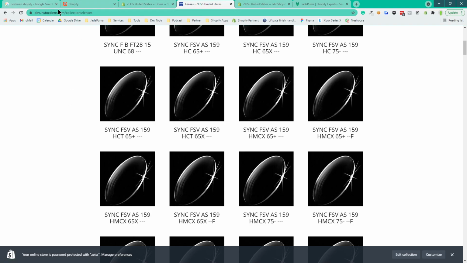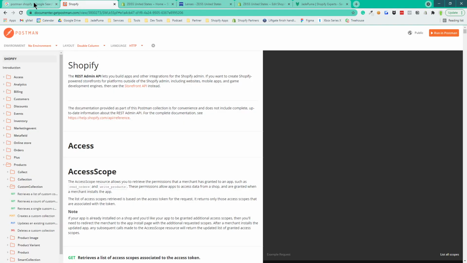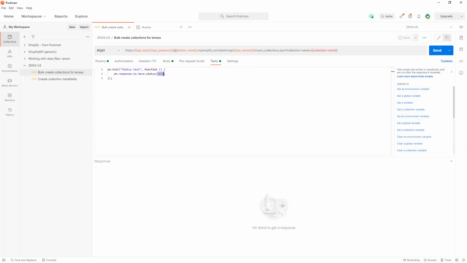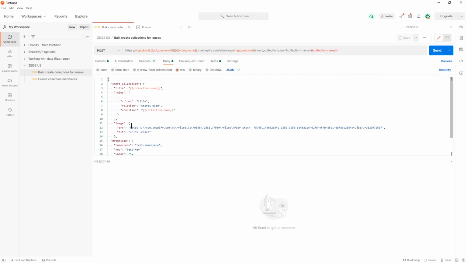So now in Postman, let's go back to Postman. I've got this bulk create collections for lenses defined, and I can change that. So if I wanted to have unique images, I can change that. If I want to change the rules, I can change that. And then in my environments, all I have to do is create a new environment for a new client store, create a private app and put the right API password, store name, and API key in there, and then I can just reuse this,